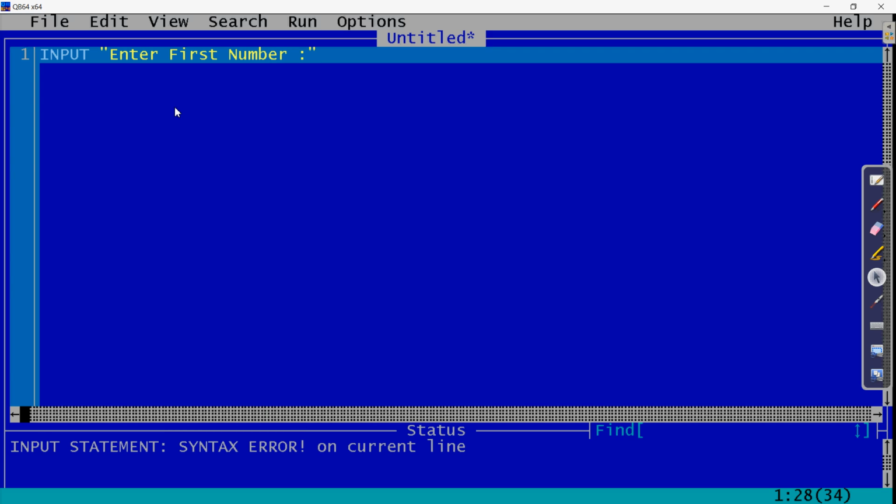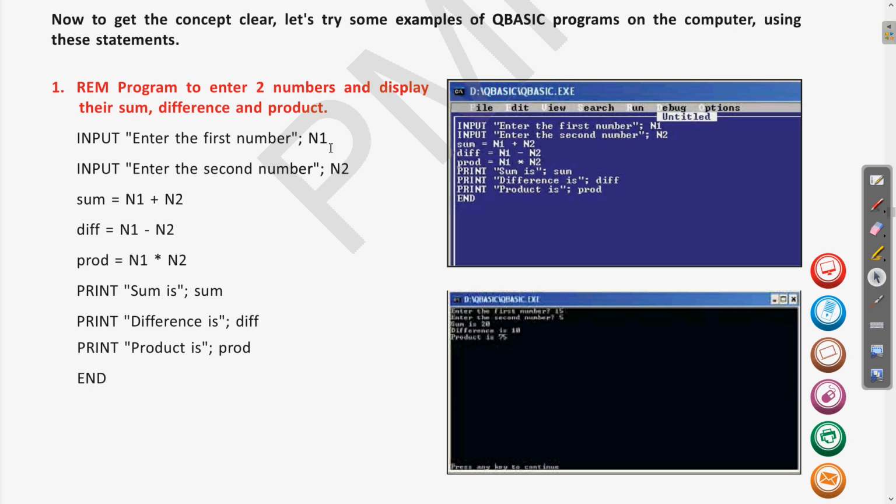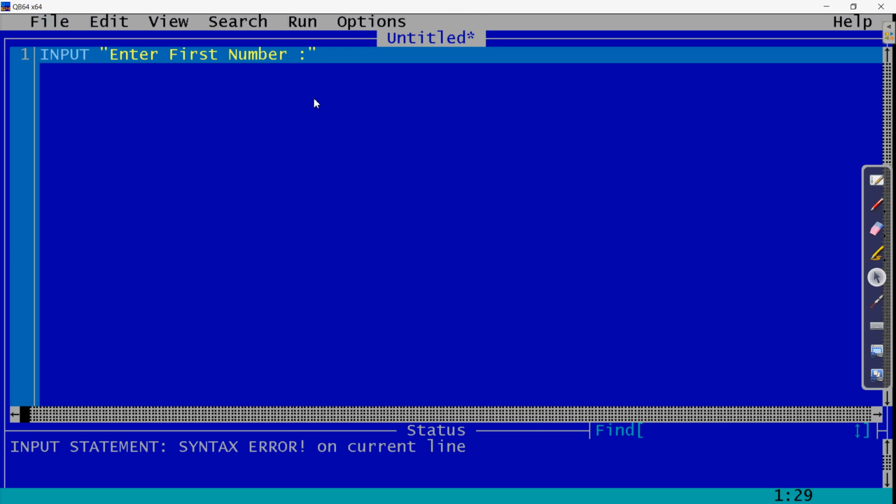Then it is separated with a semicolon. Whatever message is written, after the semicolon the variable can be taken. Okay, so if we come here, use a semicolon; this colon we have written for our convenience. If you don't want it, you can erase that.